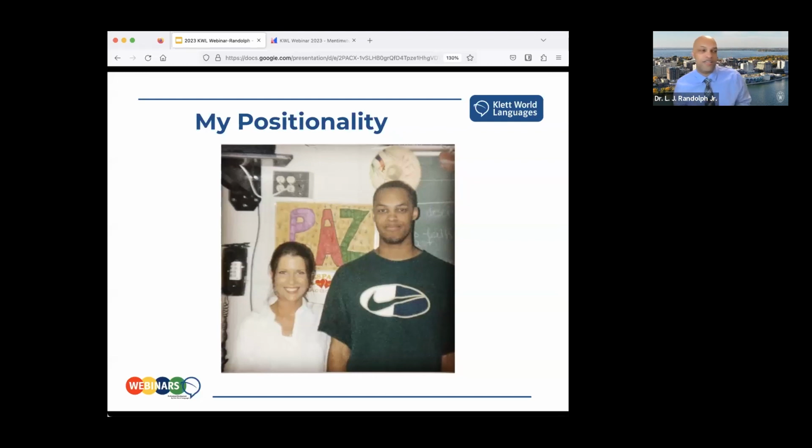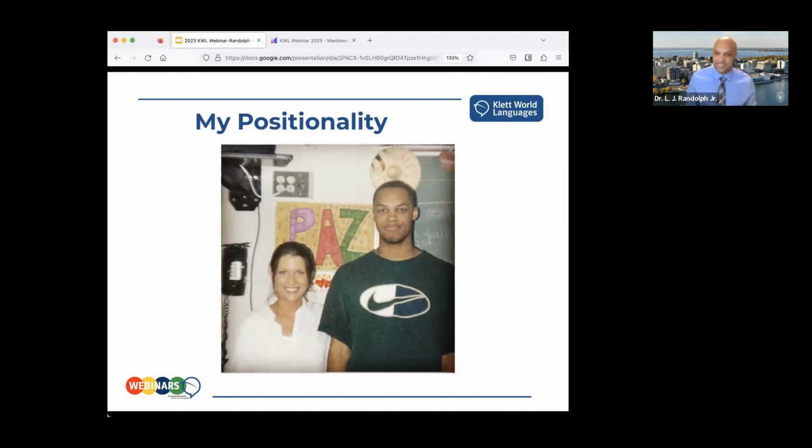So I share that to say that first and foremost, and I'm a Black man, in case that's not obvious, I approach social justice through a lens of racial justice. That's sort of my own subjectivity. That's the way that I approach the topic of social justice. I recognize that that is one of many ways to think about justice-oriented instruction. I think that it is a key component of it, but I do recognize that it's one of many ways that people may think about this topic.